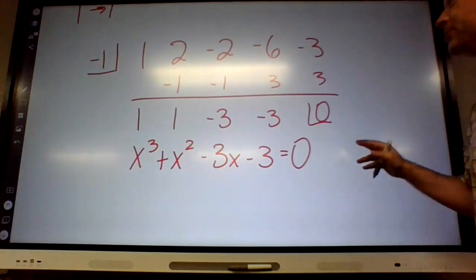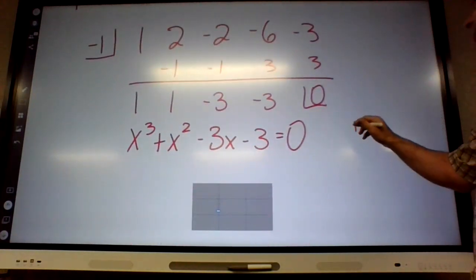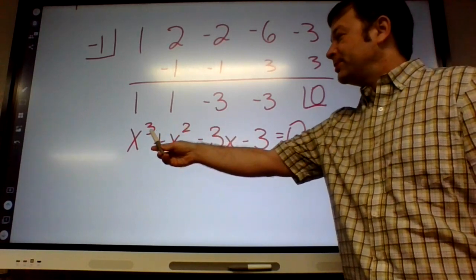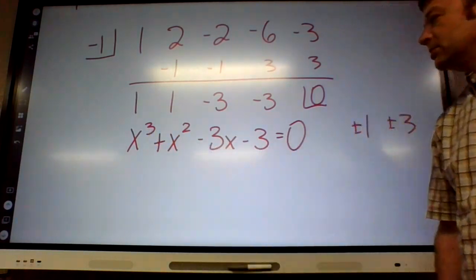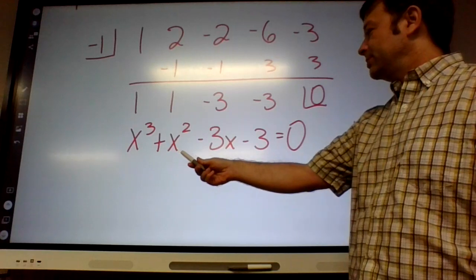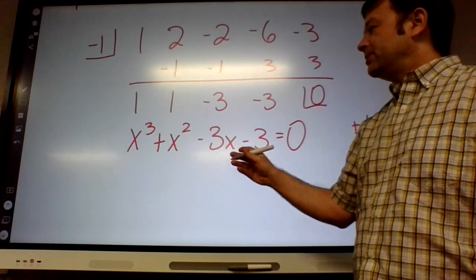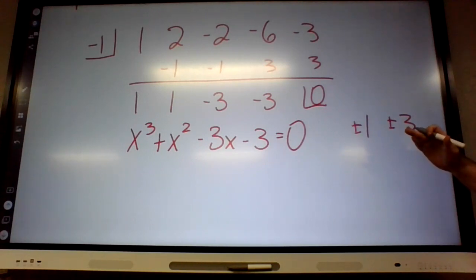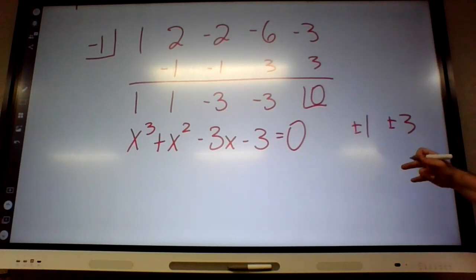Okay, so those options from before, plus or minus 1, we need to find one more that works so we can get it down to an x squared. Notice it's down to an x cubed, so we're getting smaller. That's good. Actually, this looks like grouping would work, but no, we're not gonna cheat. Wait, grouping shouldn't work. Okay, anyways, what do you guys want to try? 3. Okay, if I plug in 3,